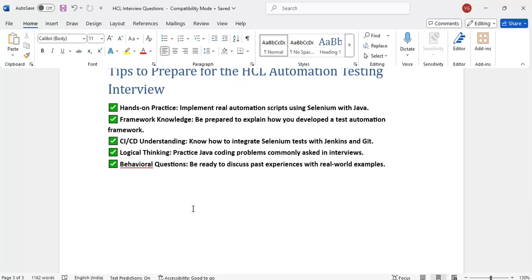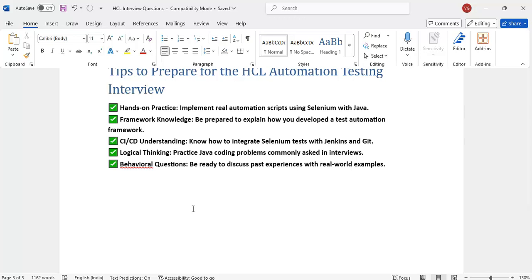So that if they ask different types of questions, we can think and write down. Right, CI/CD, we must practice Jenkins: how to create the job, how to integrate with Git, how to give the Maven commands, how to schedule the job, how to display the report in Jenkins, right? These are all we have to learn. And Git commands, like Git push and pull, right? How to resolve the